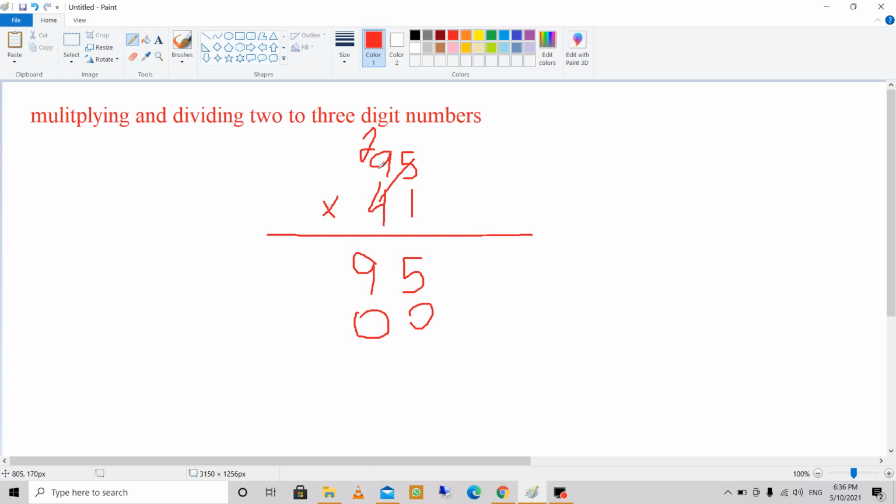9 4s are 36. 36 plus 2 will be equal to 38. You can write 38 as it is, and the answer will be 3895. So with this, we